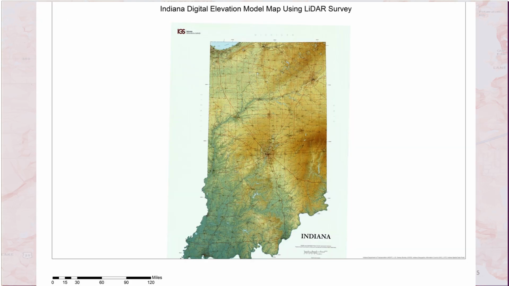This came out from the IGS in this map. It was probably 2015, I would guess, and this really shows how you can use elevation over large distances. We've got the entire state in one image, one LAS data set, and they were able to make a raster out of the entire thing. This really changed the way I look at large data sets, because I knew that in Northeast Indiana